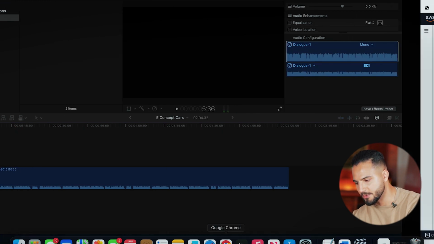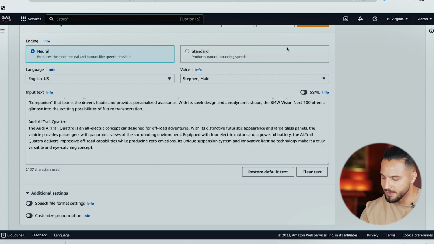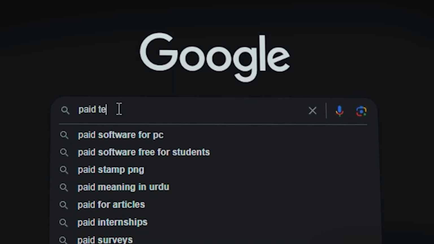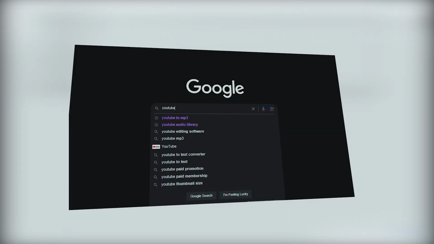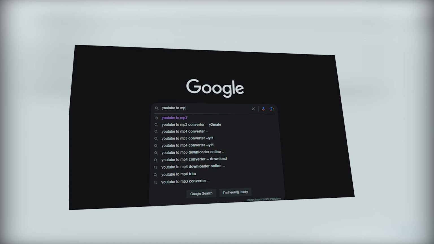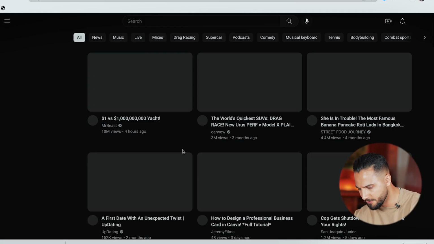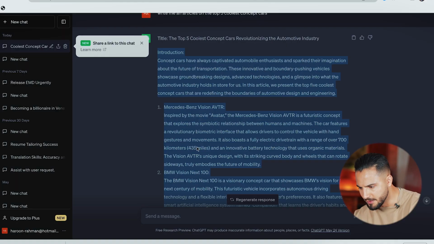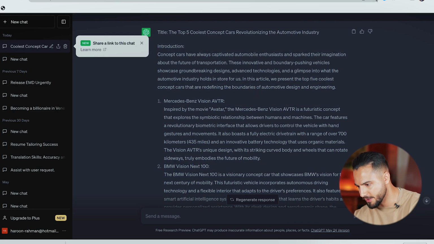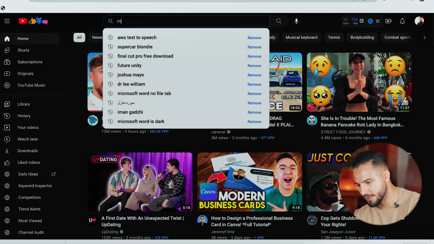Our next step is to get the content for the video, right? At this point, the best thing I could suggest is there are going to be paid AI tools and software that you can use, or you can go ahead and hop over to YouTube and use a YouTube to MP4 tool to get content for these videos. Our first car, suggested by ChatGPT, is going to be the Mercedes-Benz Vision AVTR, right? So I'm going to go over and search for